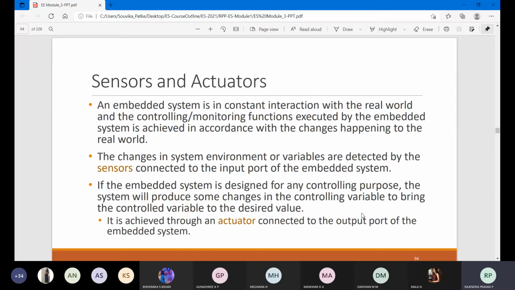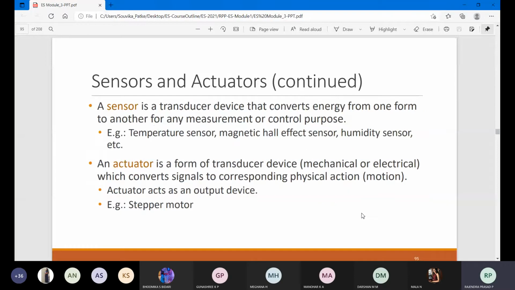As I said, a sensor is an input device and an actuator is an output device. On what condition will the sensor work? Sudden changes with respect to the real world, and it will notify us. Based on this notification, what controlling action can I take? And if I have this controlling action on that particular sensor or device, what output do we expect? Overall, this combination we call sensors and actuators.